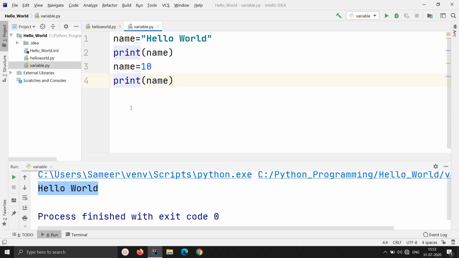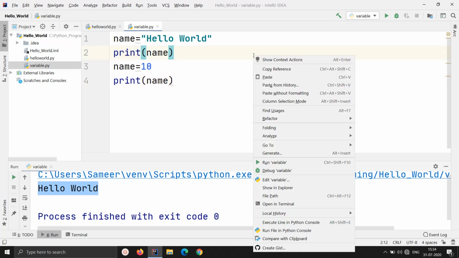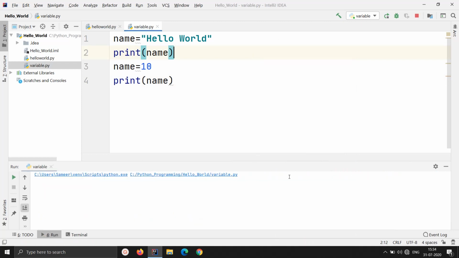If you compare it with other languages like C and Java, if you write this code, it should definitely give you an error that the declaration is not matching the data type. You must have declared it beforehand as integer or string, but right now I'm giving both values to the same variable. Just try to imagine what will happen. I think you must have got around it now, so let's run it and check what output we get.